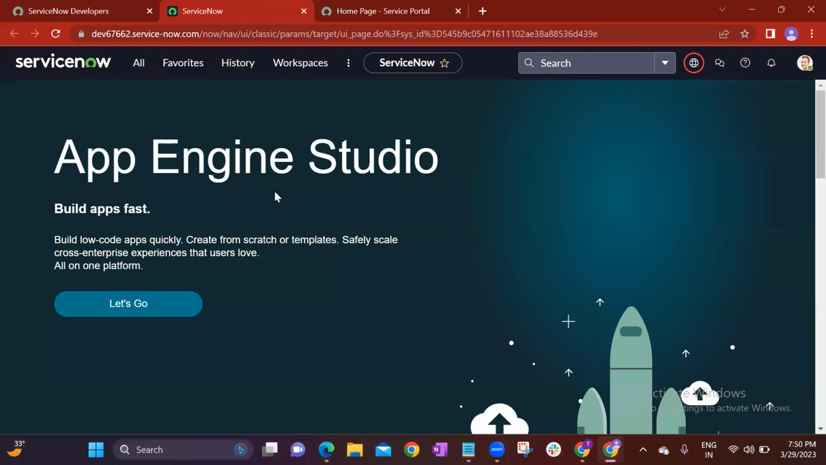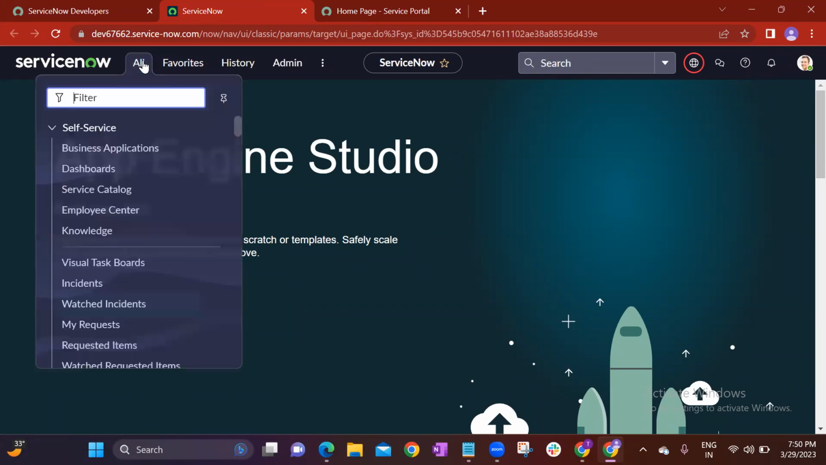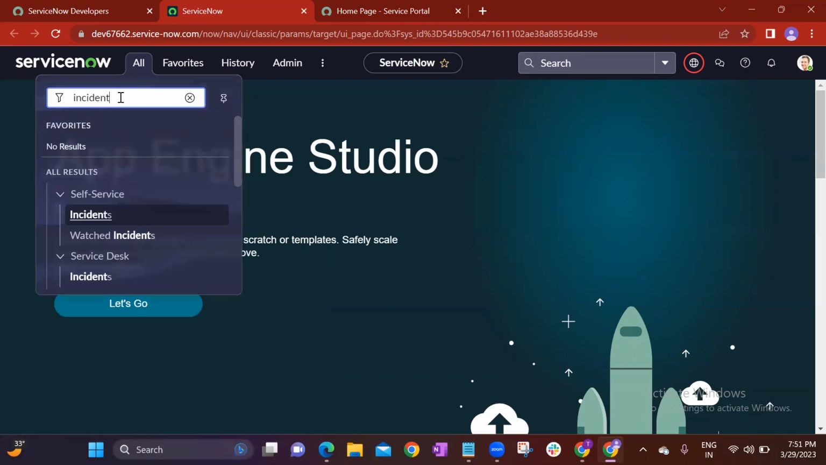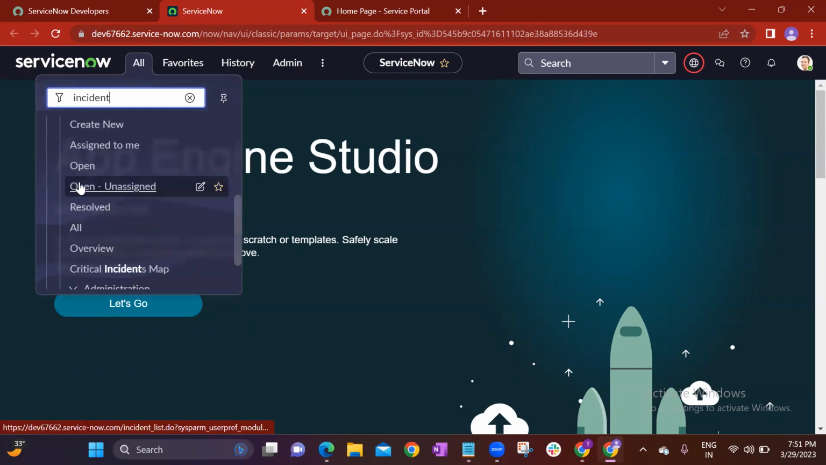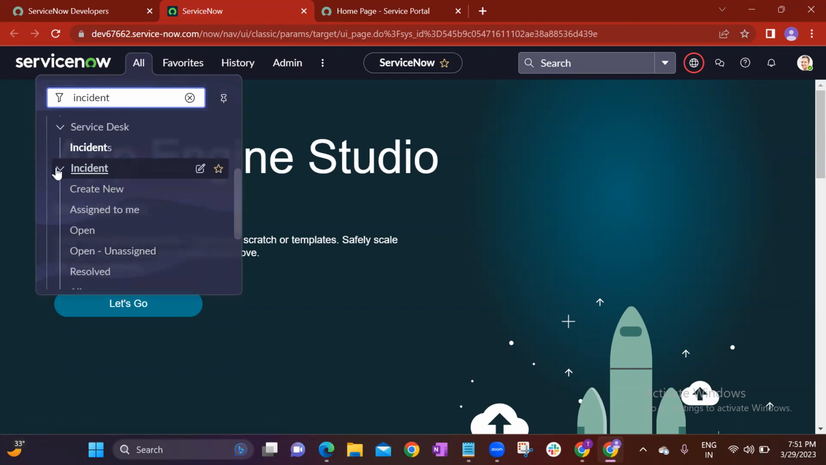This is the platform. This is the portal. There are a lot of things, and we will learn slowly how to access different things, different icons, and what the purpose of the different icons is. You can see, guys, if you click on All, you can search anything. In All you can see all applications and modules. If you want to go to the incident application, type incident and you can see the incident application. If you click here,